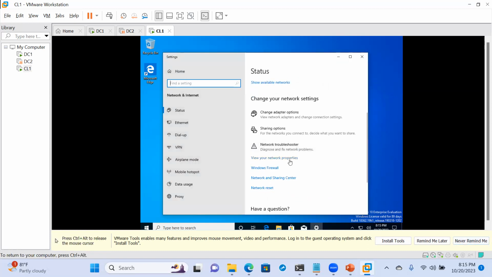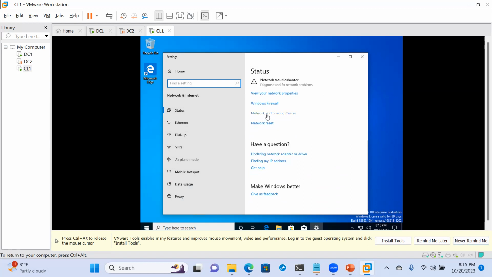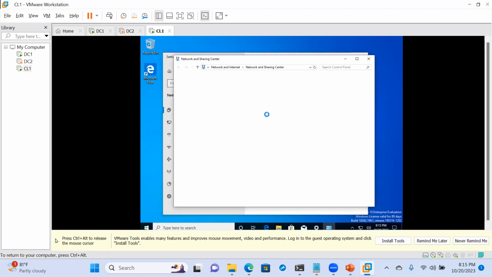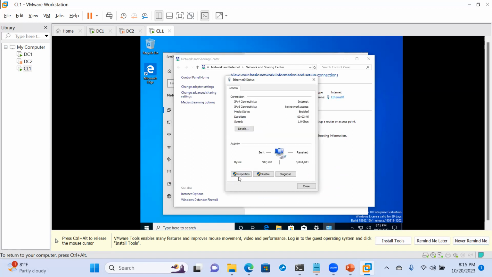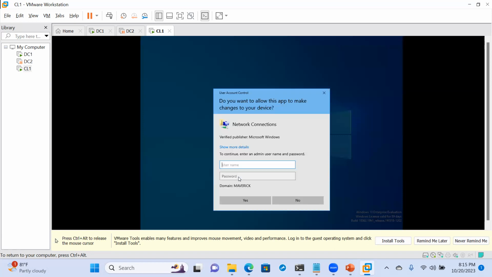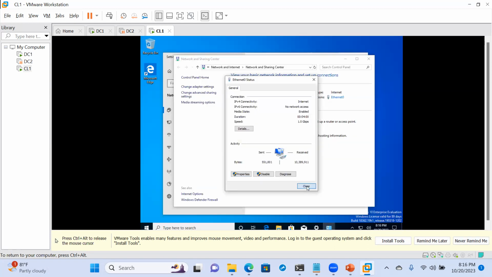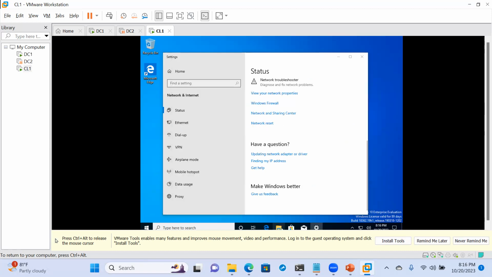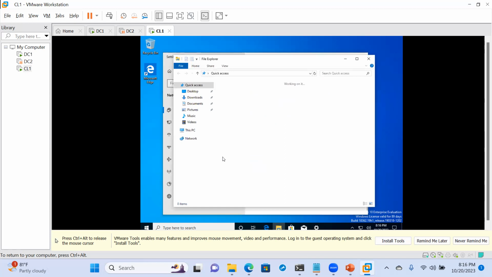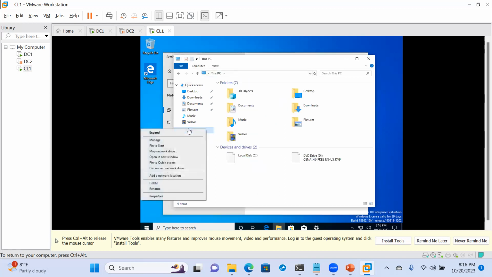Now when I come here and then I go to network and sharing center, if I want to change the IP and go to properties, this is how you know you are now in a domain. So by default, there are some policies in place that applies to you, and there's nothing you can do about it. So maybe you can also decide that I'm going to remove myself from the domain if this is going to be a problem for me. And I think I have to walk you through how you can remove yourself from the domain. It's just the same way that